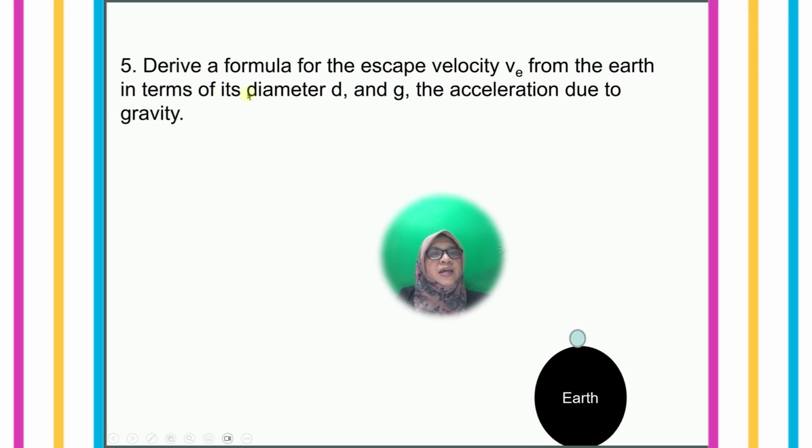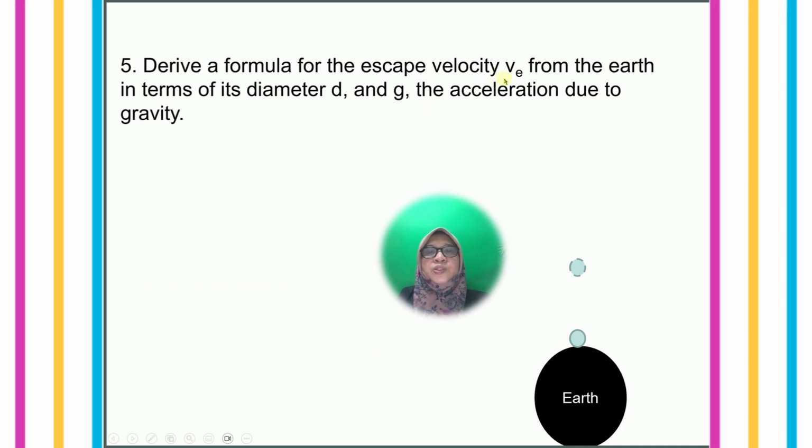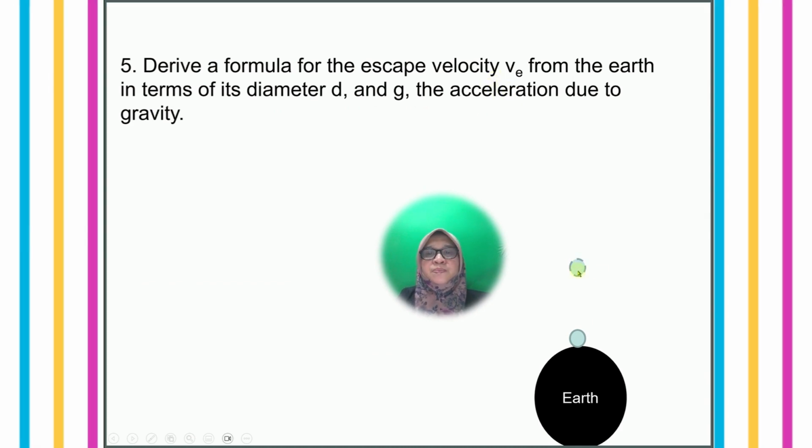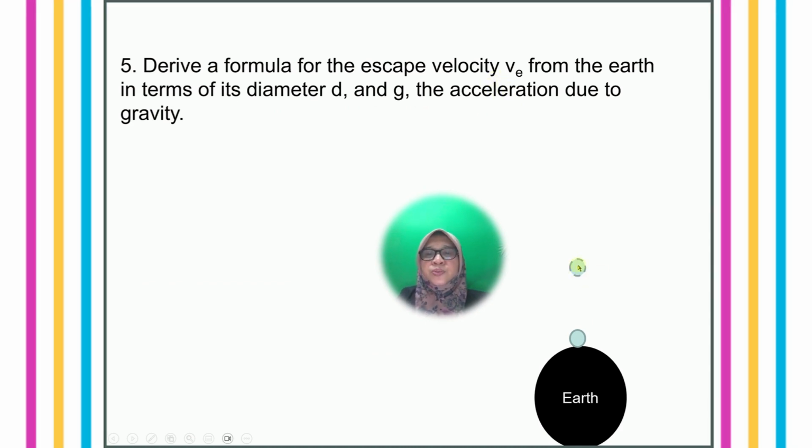Okay, question 5. Derive a formula for the escape velocity from the Earth in terms of its diameter d and g, the acceleration due to gravity. Okay, so imagine this is Earth. On the surface, the object is on the surface. So when the object starts to manage to escape from the gravitational pull of the Earth, so we assume at somewhere here,